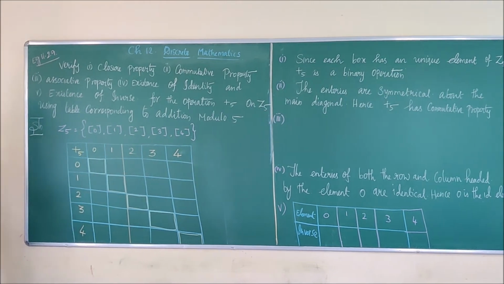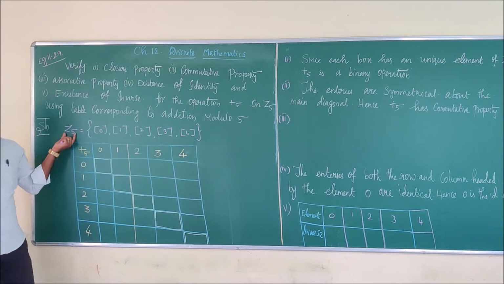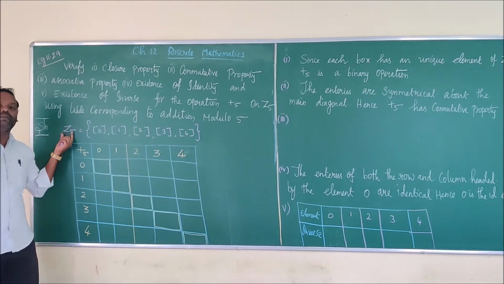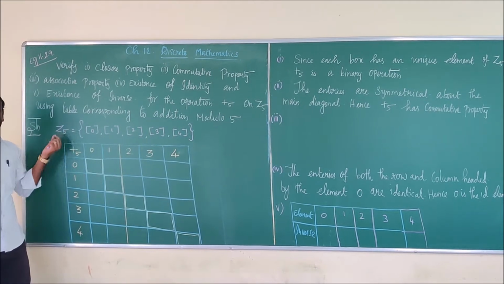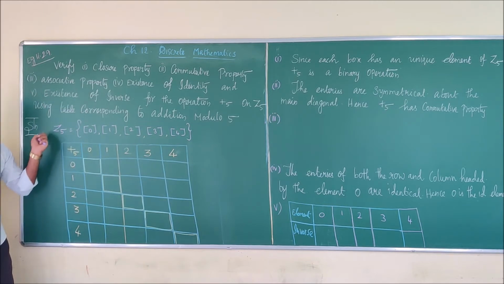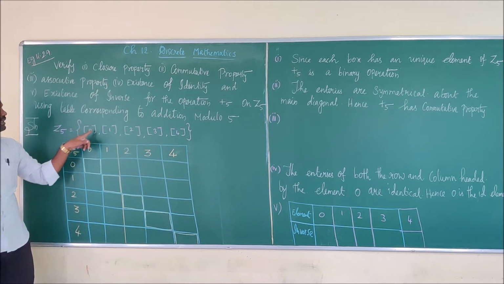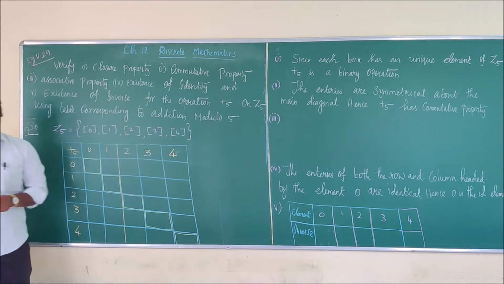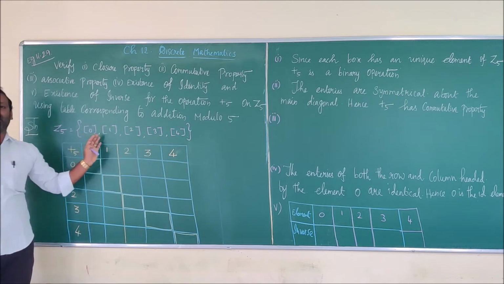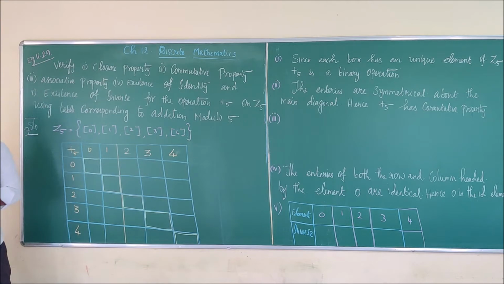First, we have to write the set of all congruence classes modulo 5. 5 means you have to reduce 5 by 1, up to 4 you have to write. Suppose you are writing the elements of Zn, you have to reduce n by 1, so it is n minus 1. You have to write the numbers up to n minus 1. Congruence classes are denoted using the square bracket, but for our convenience we are just representing without square brackets. No problem in it, nothing wrong in it.